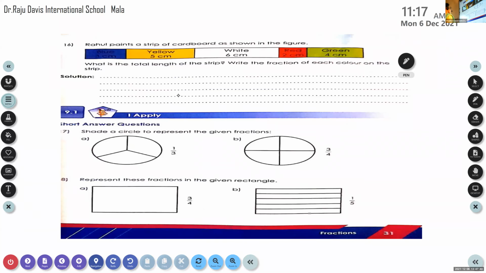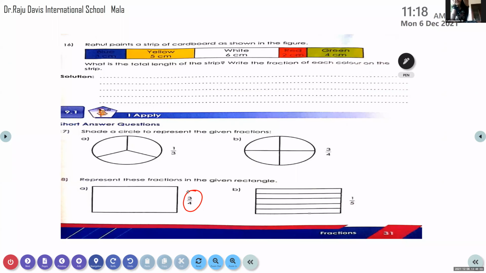Question number 18. Represent these fractions in the given rectangle. The rectangle B is already divided into 5 parts and A is not divided. You just tell me how many parts have to be there in section A. The fraction is given as 3 by 4. Figure has to be divided into